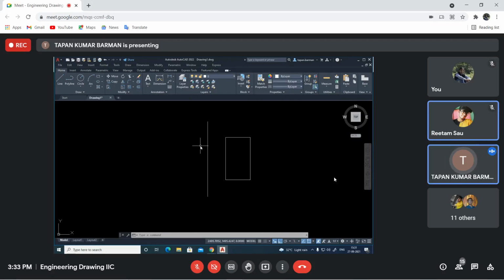Basically, this line should be the central line, the line of symmetry. So the mirror command is okay.